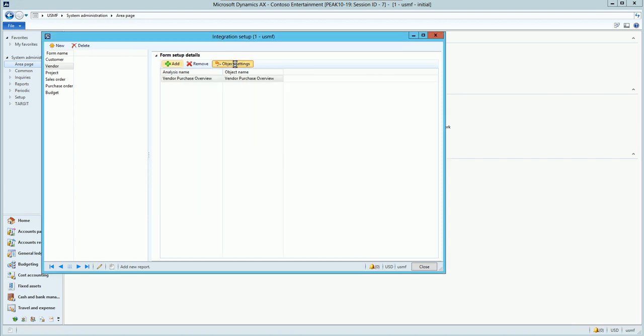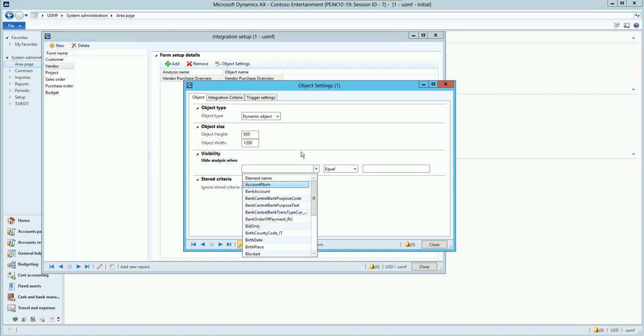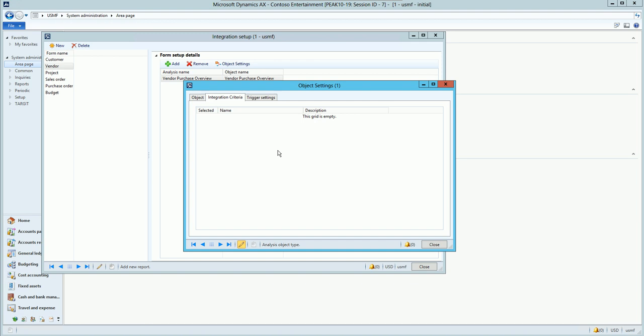Hit OK, go into the object settings to work a little bit further with it, and you'll see that I have different options here. I could choose a dynamic object. That will give me the most current information at the time I open the form, but it will not allow me to drill into the form. I could also choose to hide this given specific criteria. I could choose to link it up with the account in AX, and I could also choose to trigger the full Target Windows client if I would allow my users to do further analytics outside of AX if they really need to get into the weeds of things here. Or I could do it in a web client, or simply have no trigger, or the light Anywhere client as we call it.